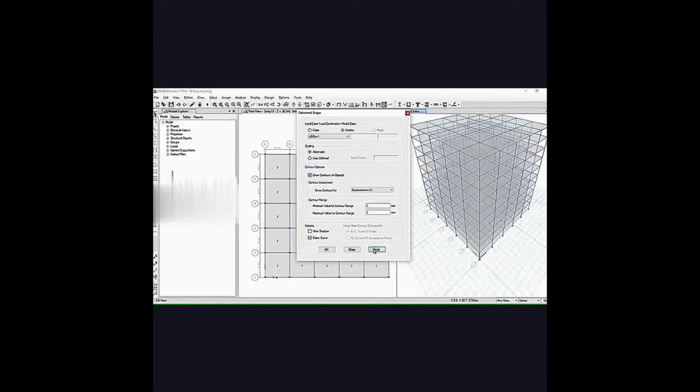Click on apply, click on OK. You can see the effect of loads on the building. As you move down the cursor to the points, you can see the details, the loads, the dimensions of the point.